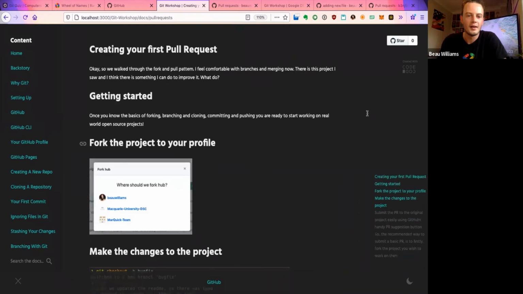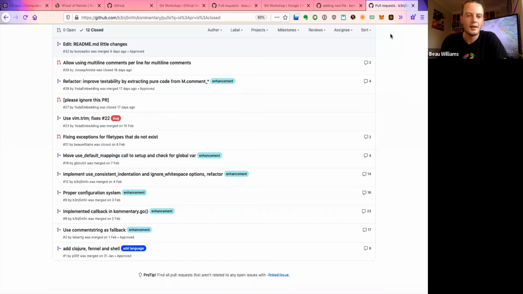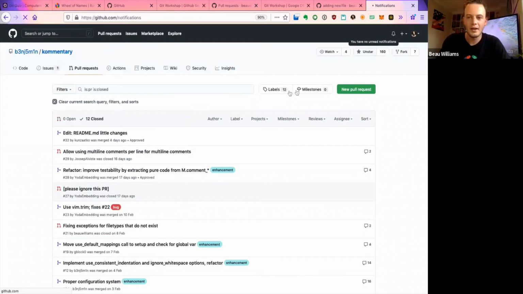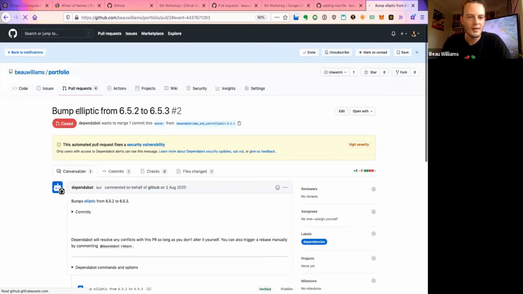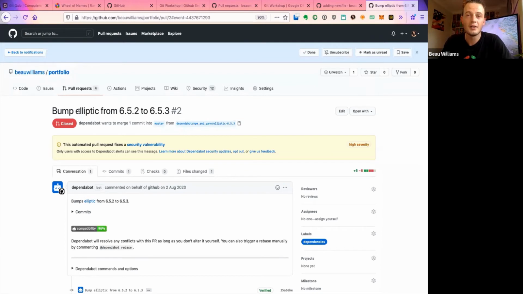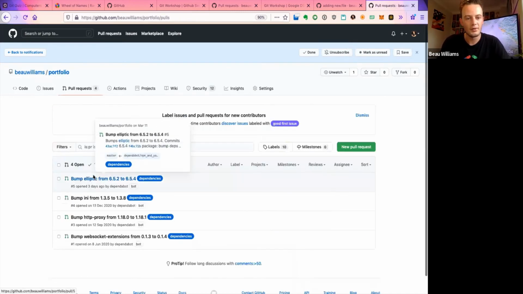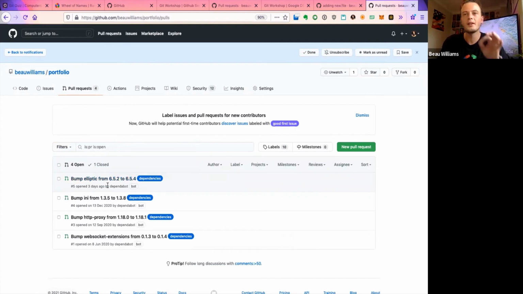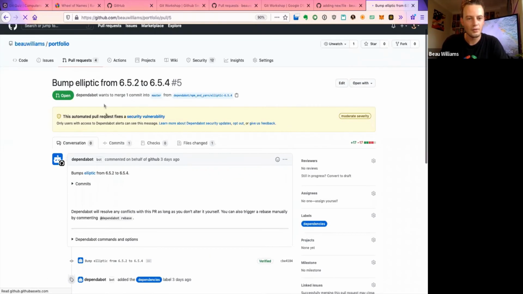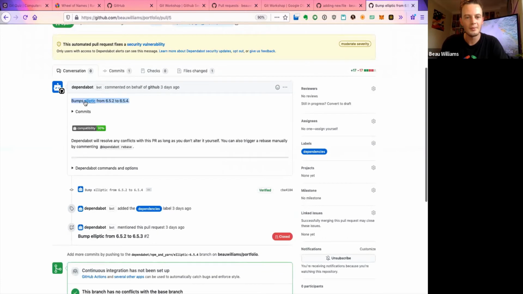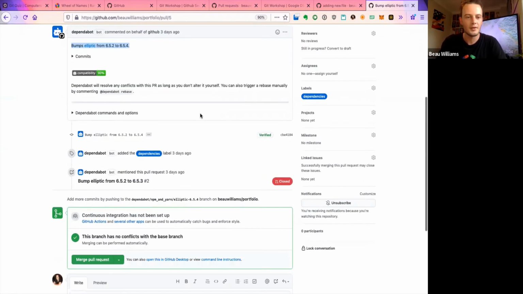Give you an example right now of how it works. So if I go to my notifications section in here, I've actually got this notification that came in 3 days ago, and it's a security alert. So essentially it's saying, hey, look, there's been a published vulnerability on one of my dependencies in my portfolio. So that's all good. What I'm going to do is go to this branch here, and it's automatically created a pull request and a branch for us. And I can click on this. It's going to tell us what the issue was. So it's bumping the version of Elliptic from 6.5.2 to 6.5.4.